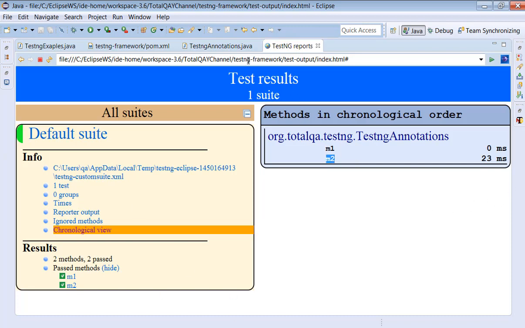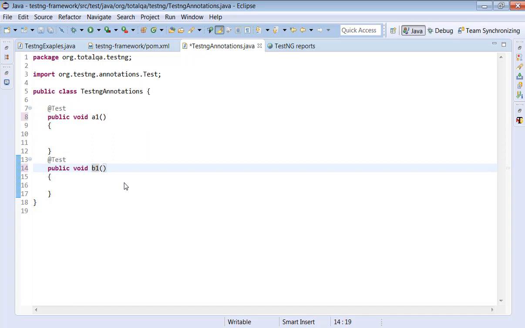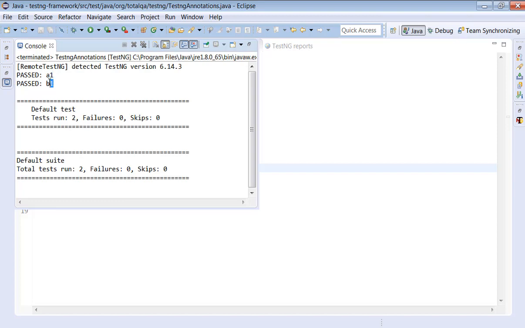Okay, let's look into this example. Try to create the method names like a1 and b1. So what will happen when you say a1 and b1? As per the alphabetical order, a1 will execute first, and b1 will execute second. Let's execute the program now. See now, a1, b1.